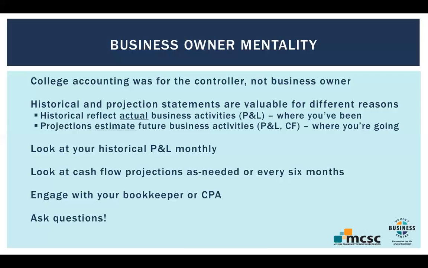So most often, if you go to your accountant, or if you're working with a bookkeeper and you bring them all of your expenses, or somehow you guys are working collaboratively in QuickBooks, and you ask them to prepare an income statement at the end of the month, it's actually showing you what has happened in the business. Pro formas or projections are valuable for looking into the future. So it's an estimate of future business. You can have P&Ls and cash flow statements for projections into the future, and it helps you identify where you're going. We'll talk about that in a little bit here.